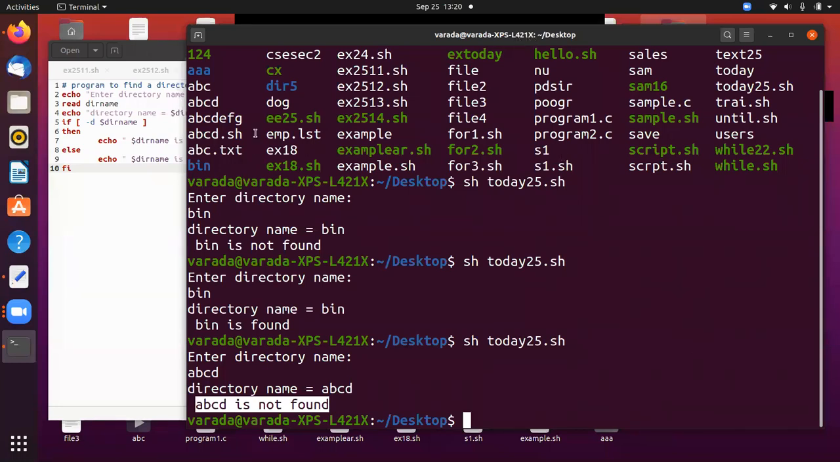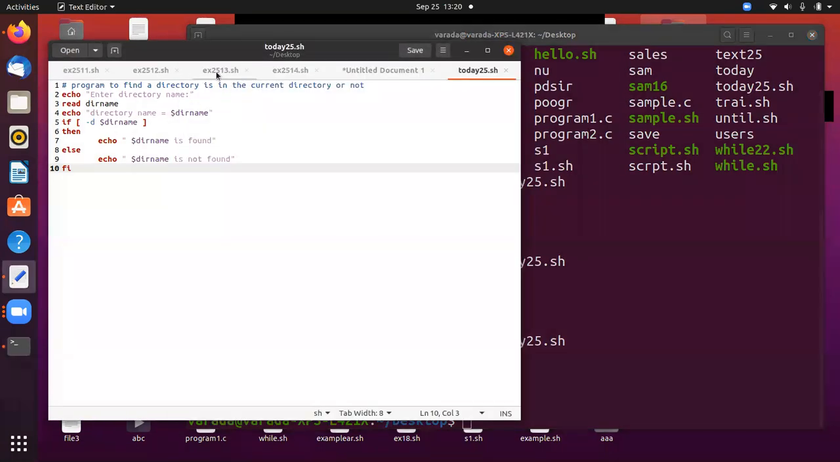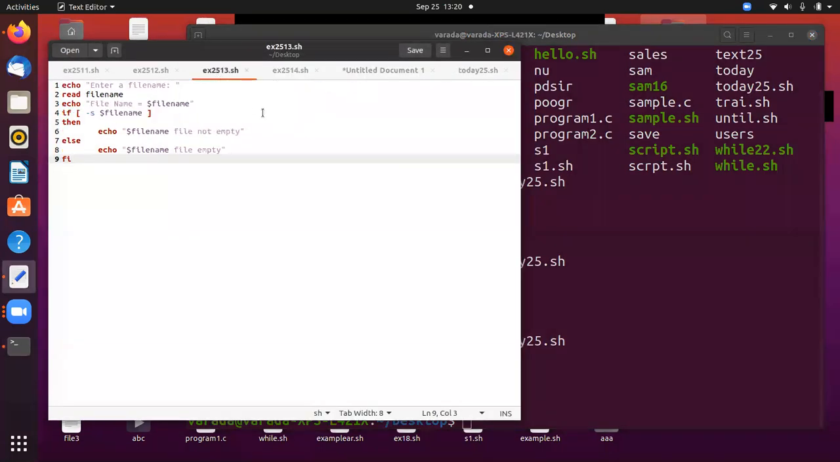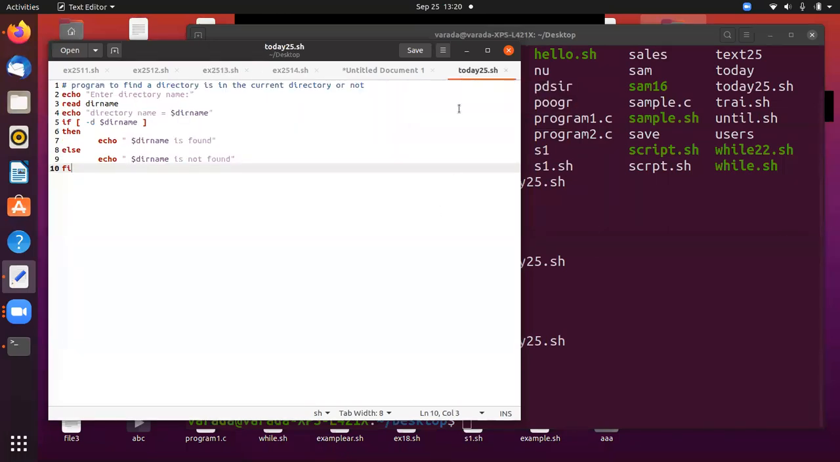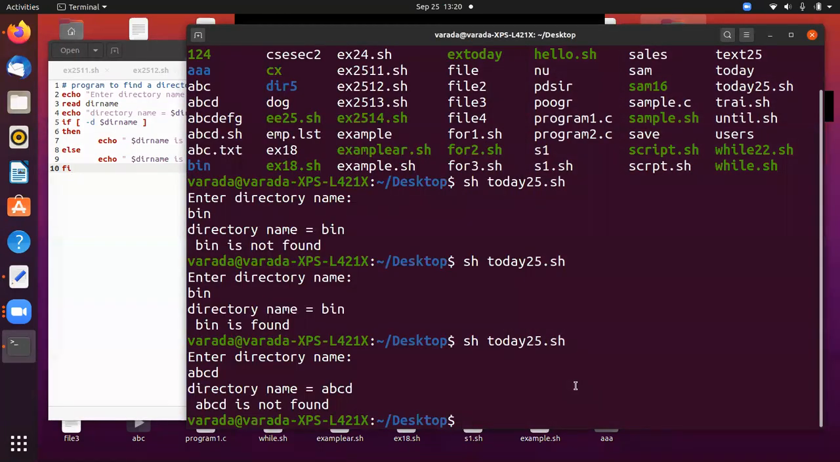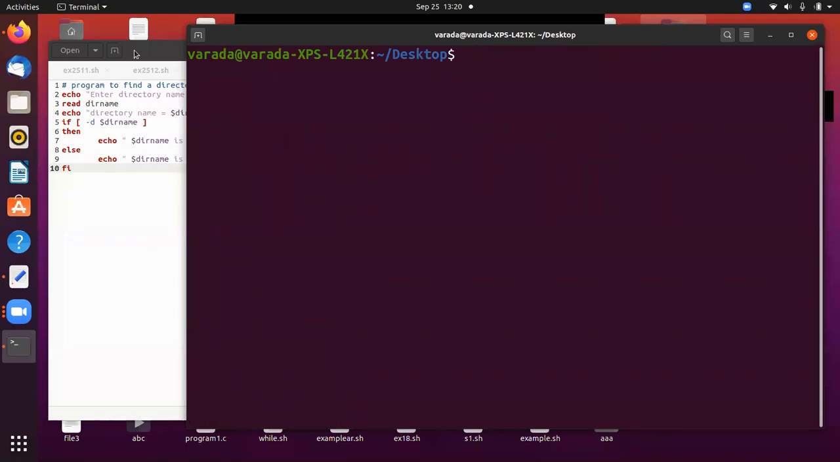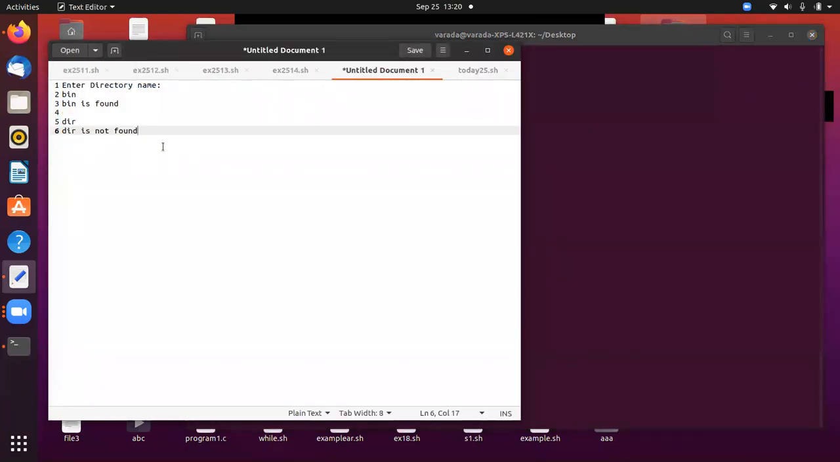Okay, so next program, we are going to find whether the file is empty or not. Okay, so whether a file is empty or not. That means this is the example. Enter file name. If I enter the file name